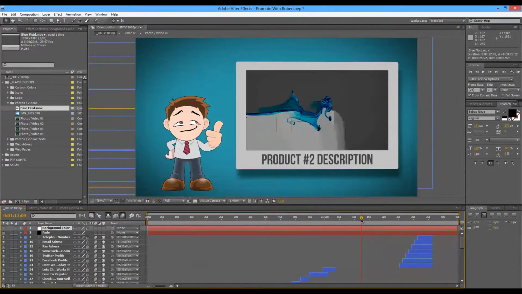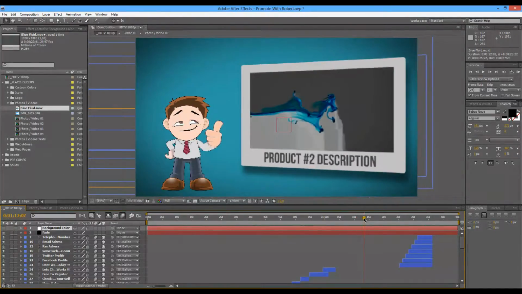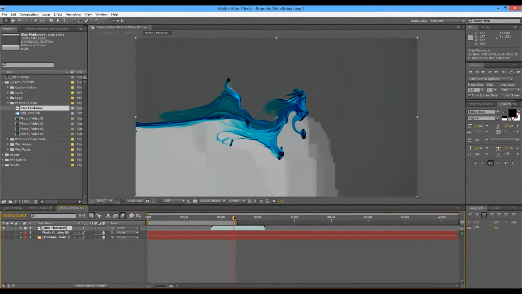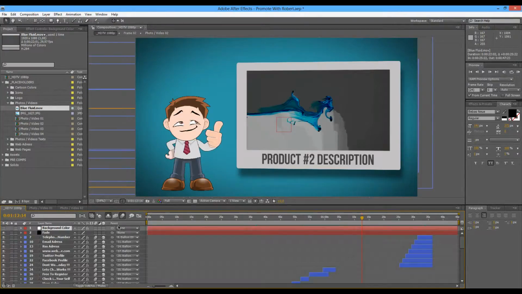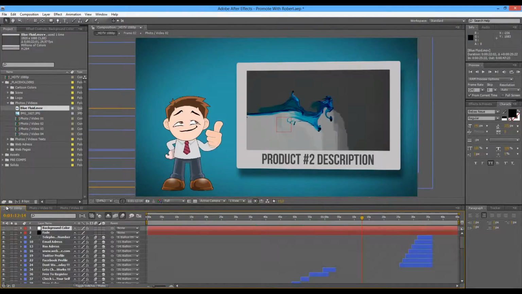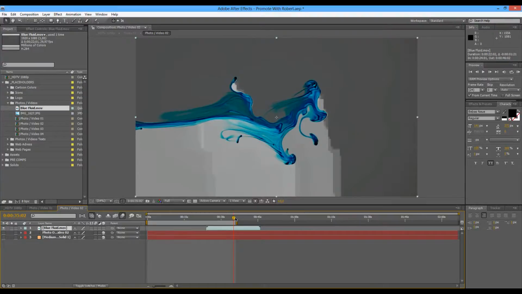Just to show you that you can bring the video and then play around with the time, because once you leave your timeline here, we are at 1 minute 12 seconds. If you go inside your photo video 1 or 2 or 3 or 4, this will be the respective time that will match here. Our time needle here will be the same as here, will correspond to this timeline. So if you show this part here,